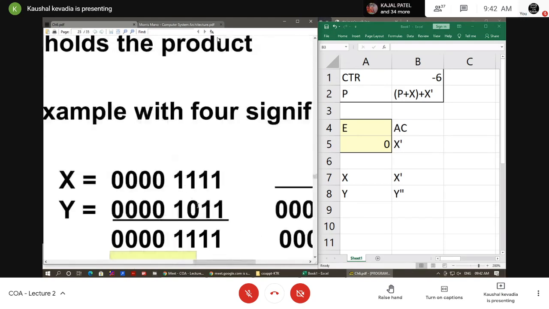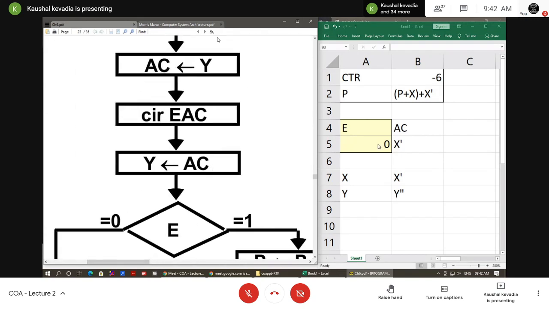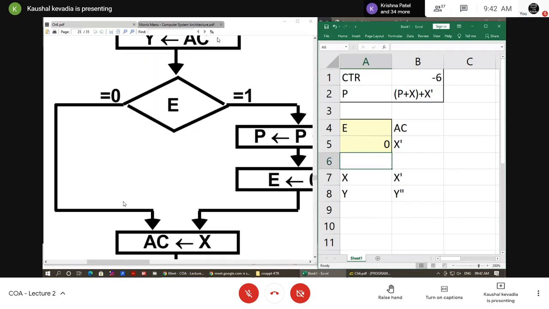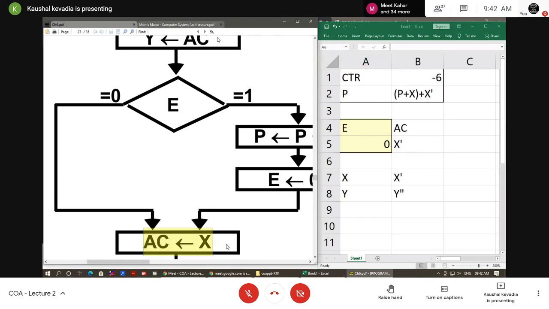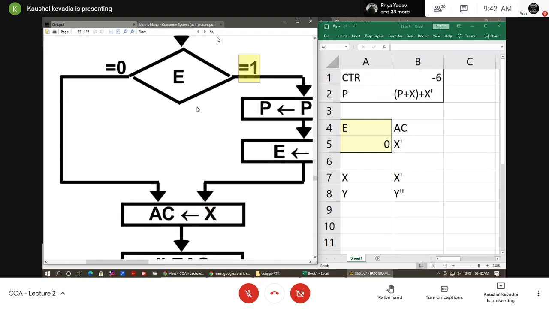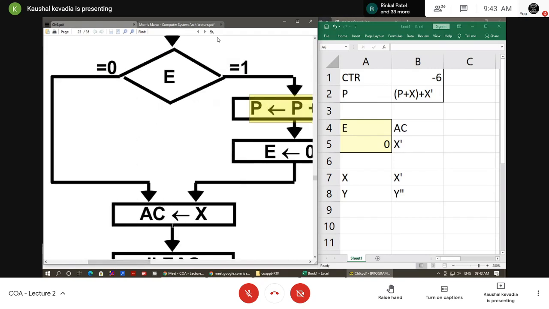That is a 0. The third time, when the execution happens, I get 0 here. So if there is a 0 in the E register after the shifting operation of Y, then for the 0 I simply follow the default procedure. I don't want to do the addition into the accumulator; I don't need to add anything to my partial product P. Simply, I want to do the procedure as we do after the completion of 1. When we get a 1, what we did afterwards was add our partial product, and then finally we do the shifting of X.